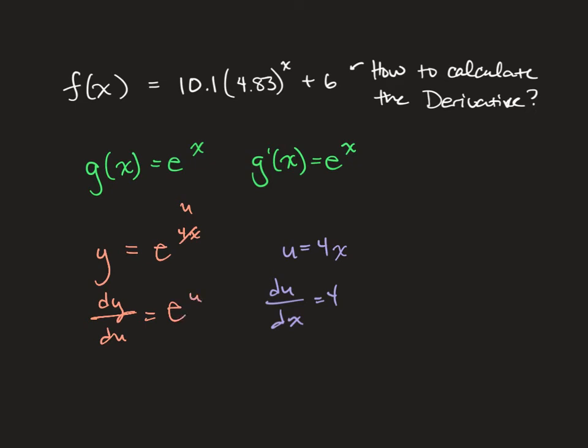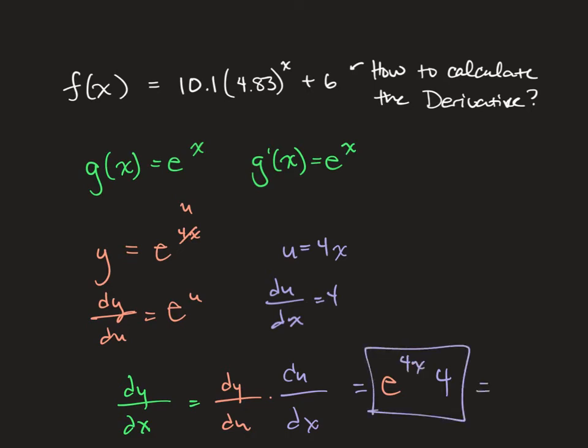And then way, way, way back in the day, you might recall that dy dx would be equal to dy du times du dx, and so we'd get e to the u times 4, but really that u is 4x. Okay, so that is my y prime here. Okay, so we're going to be able to do that, but what we're going to do to really get this